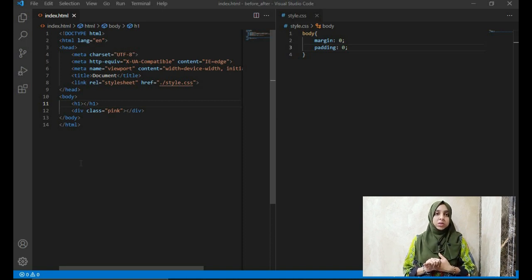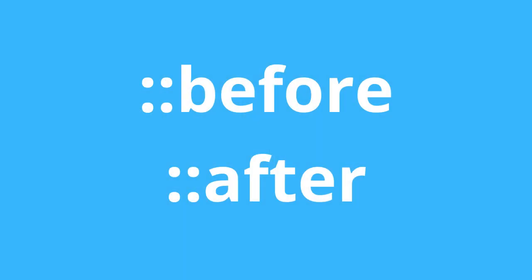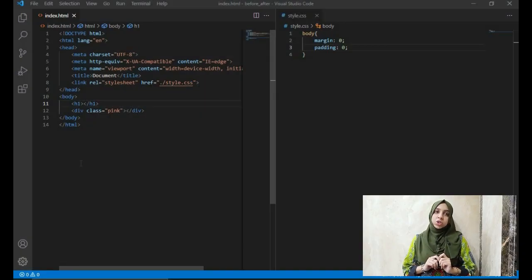Okay, so if you guys don't know what pseudo elements are, then they are the before and after selectors that you might have seen in many CSS code files. Okay, and why are they called pseudo elements? Now, why pseudo? It's because they don't really exist in your HTML document, right? You add those elements via your CSS using the content property. So yeah, that's why they are called pseudo, because they don't actually exist in your HTML document, or they don't change anything in your HTML document. All right, so yeah, these are pseudo elements.